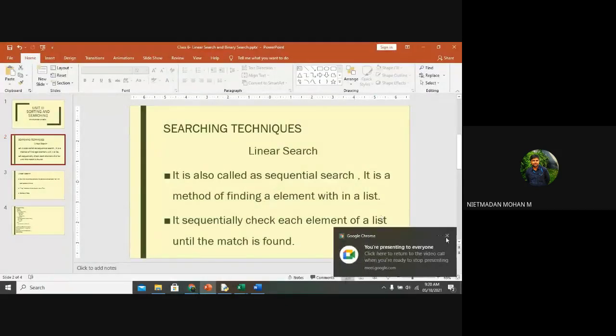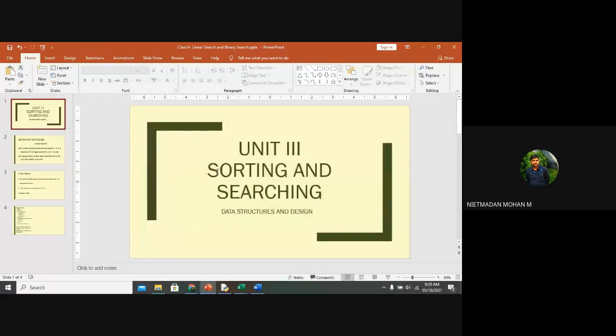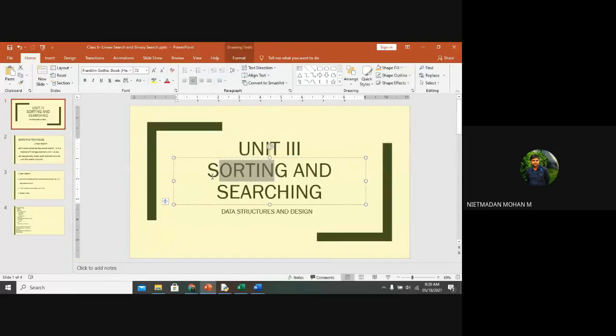So in this case, that is the thing. As of now, we have done sorting. After that, the third unit will consist of searching methodologies. And what is meant by searching? The user needs to search for some key element, that is, search for an element in a particular list.